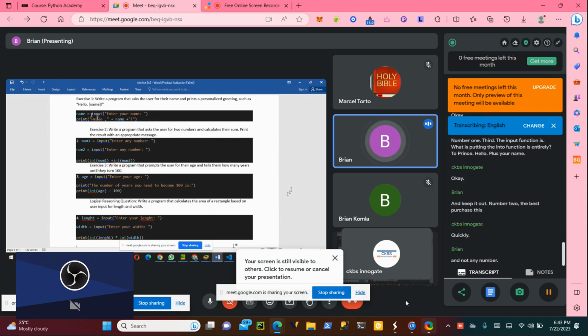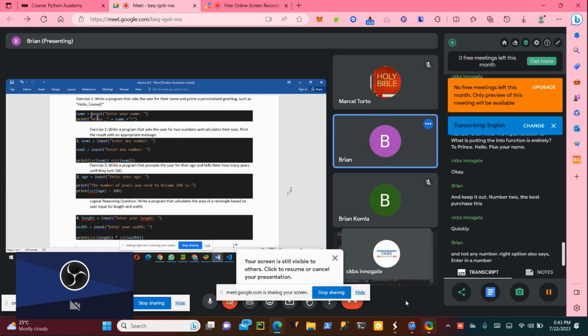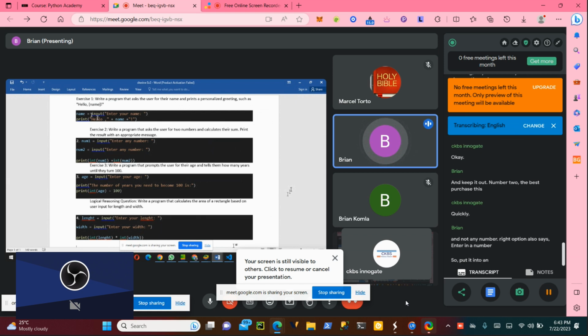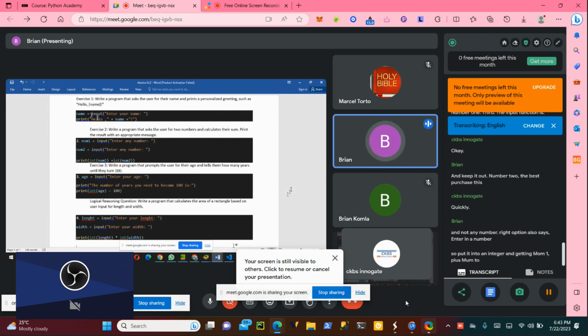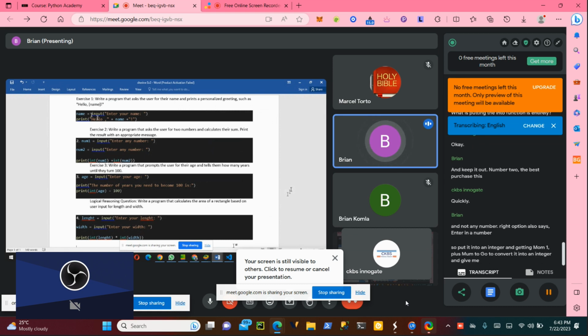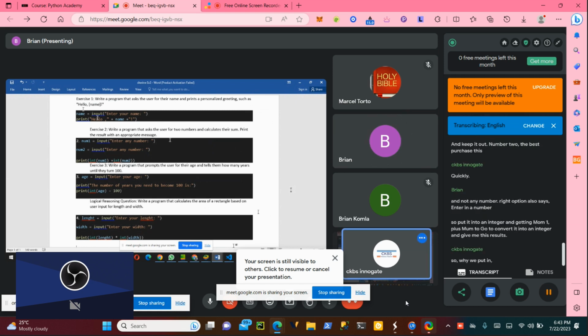The second option also says enter any number. So put it into an integer and return num1 plus num2. So to convert it into an integer and give me the results.